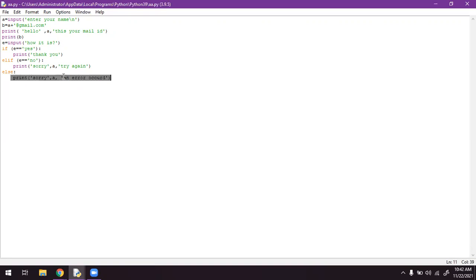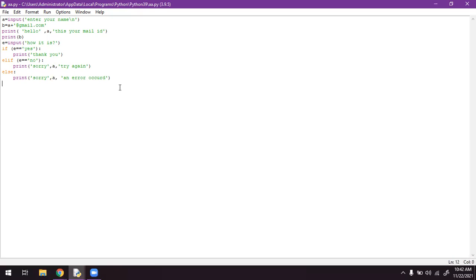So A we always define as A only. Why? Because I'm assigning my name through the input function to the variable called A. So that's why I mentioned A here and here and here also.